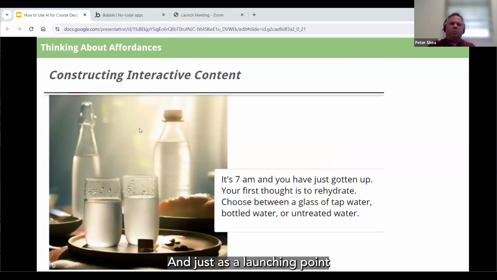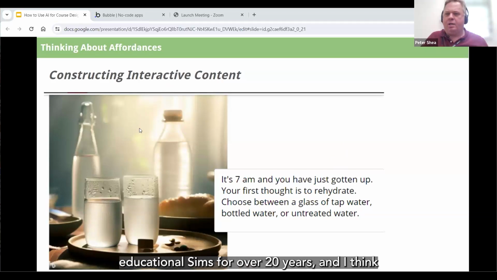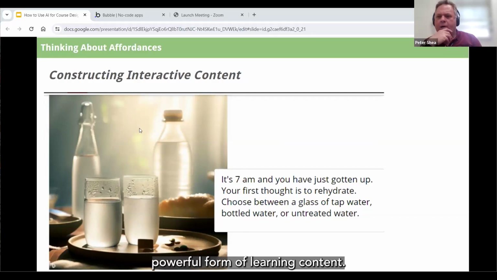And just as a launching point there, I've been creating educational sims for over 20 years, and I think they're some of the most powerful form of learning content, but they can be time intensive. But using AI, I can now do in a day what used to take me several weeks to do. I think the barrier for simulation adoption has largely been the time required to create one. And one of the great overlooked elements of AI's contribution to learning experiences is that you can create learning